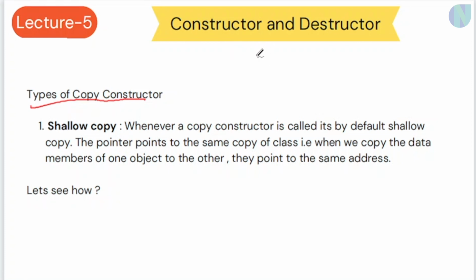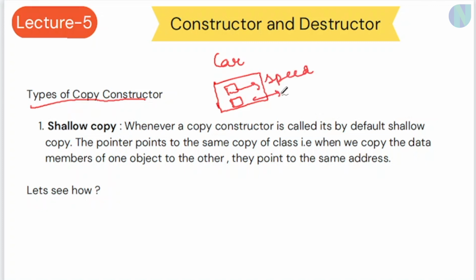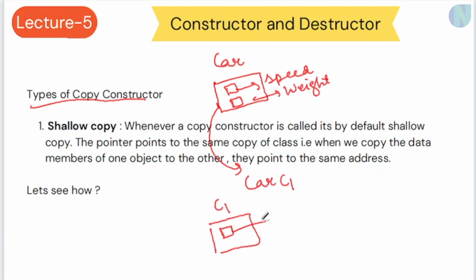So basically, as I explained earlier in my videos what a copy constructor is, let me give you a brief overview. Consider I am having a class car. This class has some member variables, speed and weight. Now consider I am creating an object of this class, car C1. So C1 would have the same speed and weight variables. Now consider I am giving some parameters, like I am making a parameterized constructor, so it will be assigned the values 10 and 20.